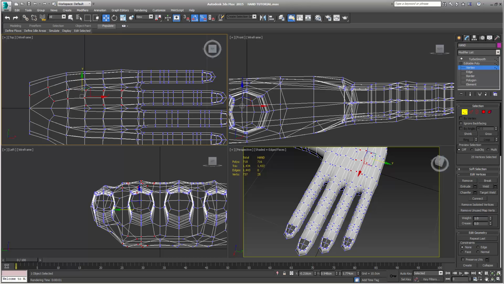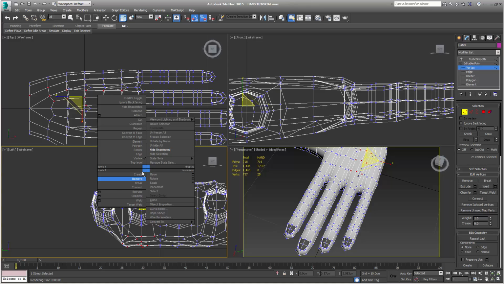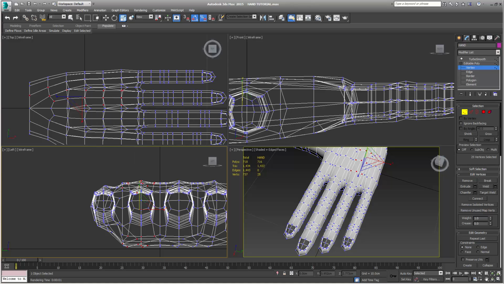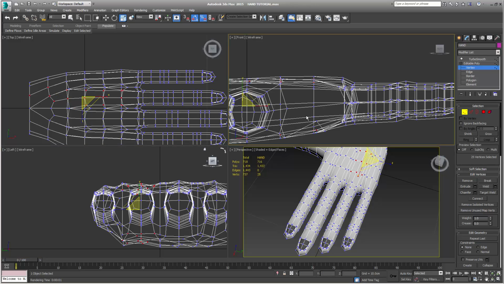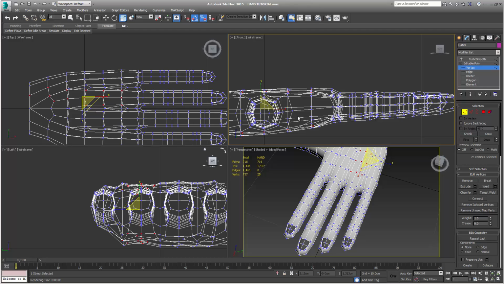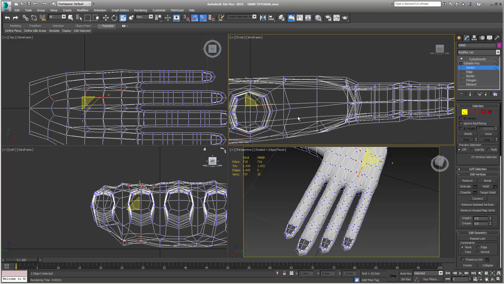Again, we're not selecting that middle piece. We're going to get him in a minute. And we go to our rescale tool here. We're going to go to just 90 on this one. You can do 80 if you want, but 90 is usually fine. And then look at that